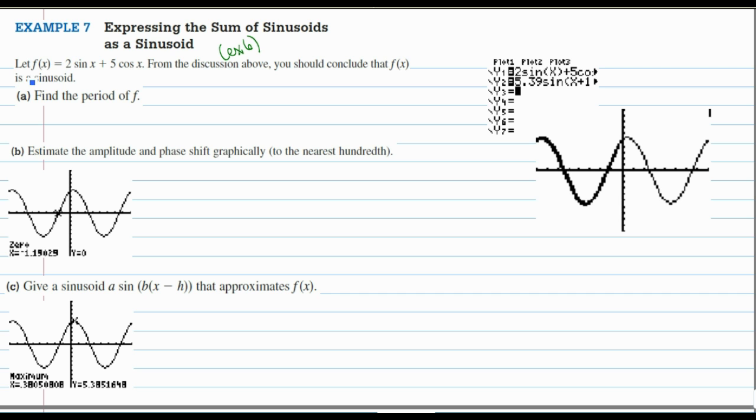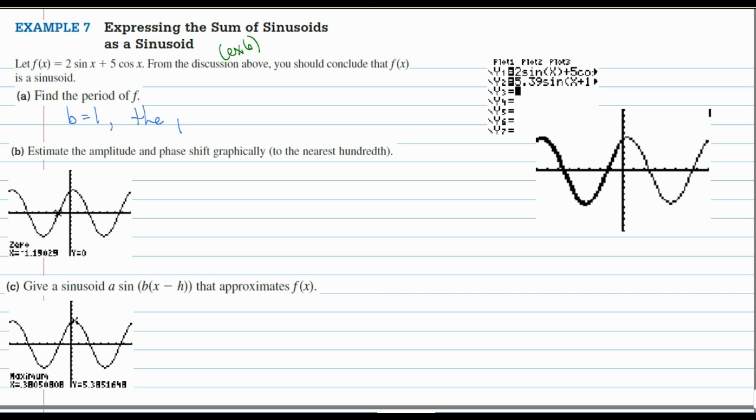So example 7 says let f of x equal this function. And then it also states that from the discussion above, which is example 6, you should conclude that f of x is a sinusoid. And we see that because the b value is the same for both. The period of f is directly related to that b value. So since b equals 1,